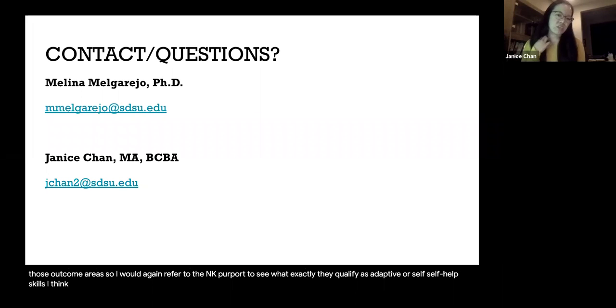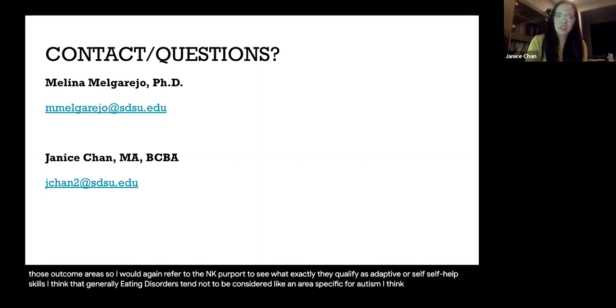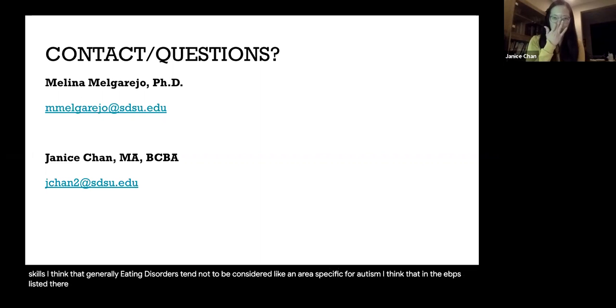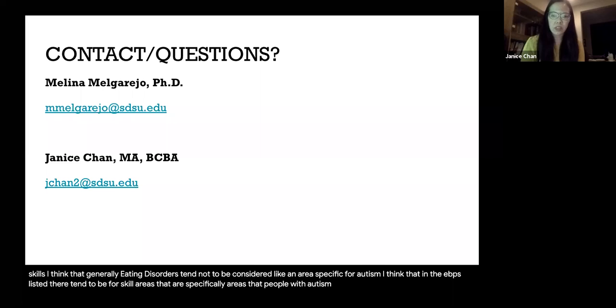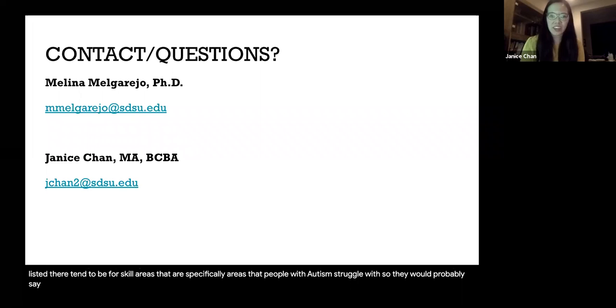I think that generally eating disorders tend not to be considered an area specific to autism. I think that the EBPs listed there tend to be for skill areas that are specifically areas that people with autism struggle with. So they would probably rely on other domains or other professionals, like for example,